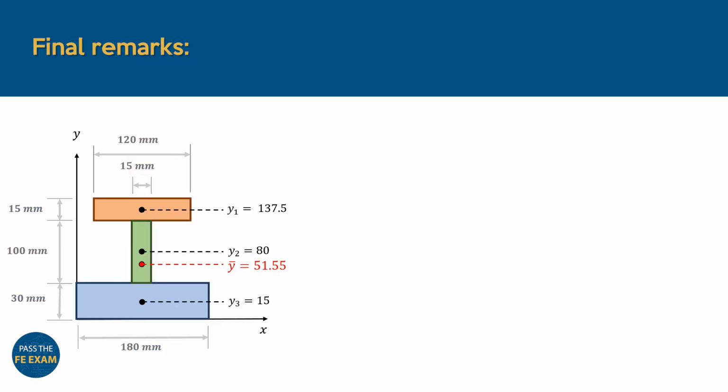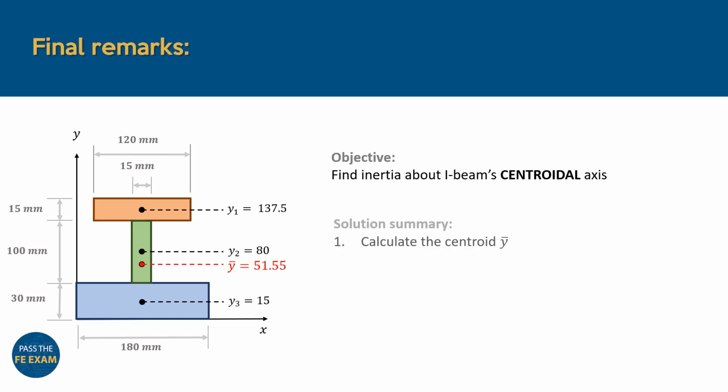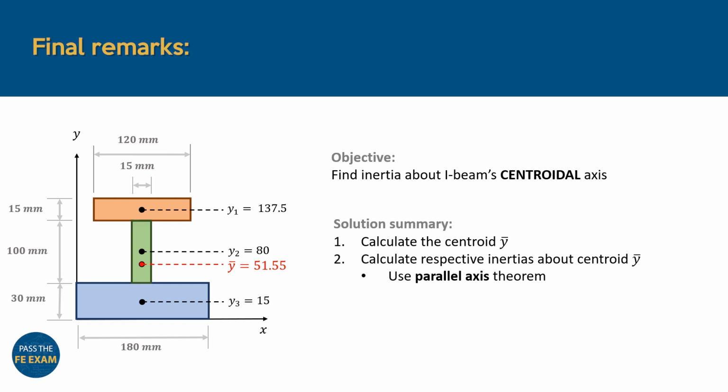To wrap up, let's review the concepts covered today. We wanted to calculate the I-beam's inertia about its centroidal axis. To do this, we first had to find the centroid of the compound shape using the areas and relative distances of each rectangle. This point defined the centroidal axis for the system. Next, we calculated the inertias of each shape about the centroidal axis by utilizing the parallel axis theorem 3 times,